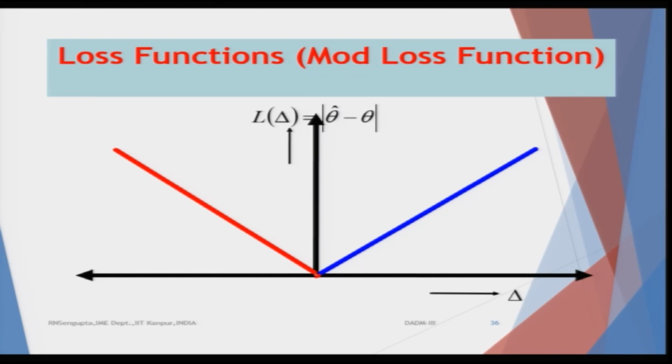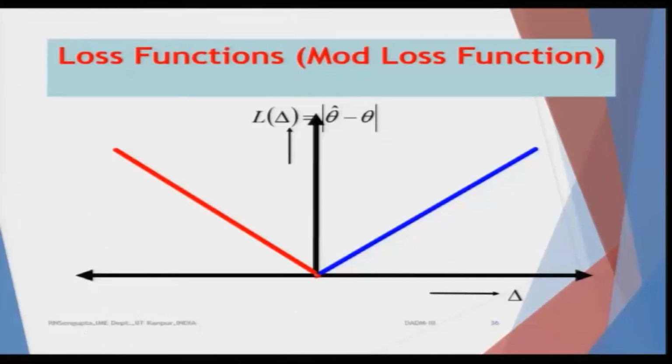But the interesting fact is that in and around the origin, the concept of differentiability would be a problem, because the rate of change of this function at the point 0 is such that it is difficult to find the dy dx of this curve, in case it is needed to solve our problem in more detail. So, in this case you will have the modular loss function, given by the value of mod theta hat minus theta. It looks interesting, but solving it would be much more tedious than the case of the quadratic loss function which we just discussed.